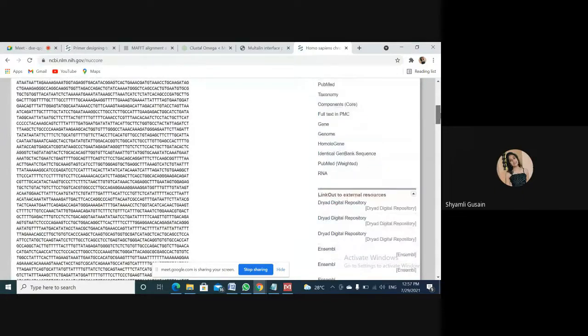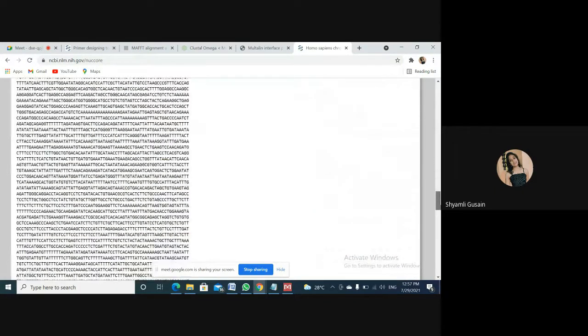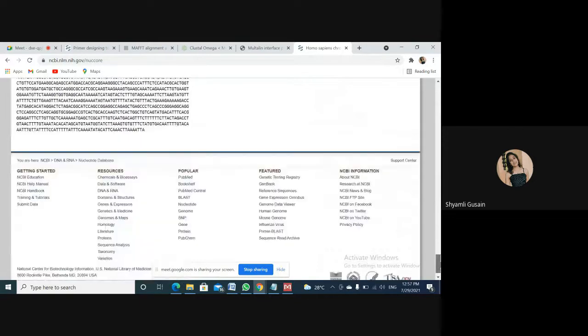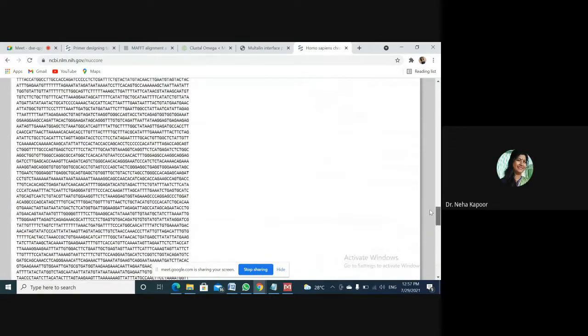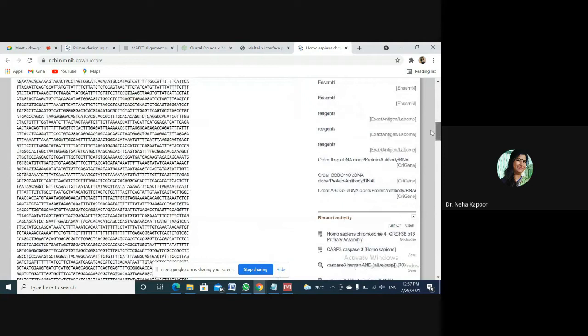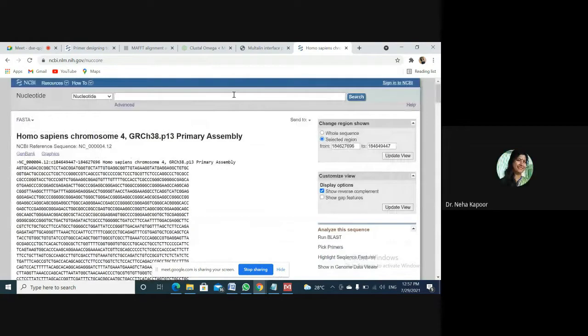Ma'am, this sequence is too long. Should I select a portion of it or the complete sequence? You want to amplify this complete gene? No, ma'am. So that depends upon you. You can either select the complete sequence, or if you want a partial sequence, you can select half of it. Okay, ma'am, I'll select a portion of it.